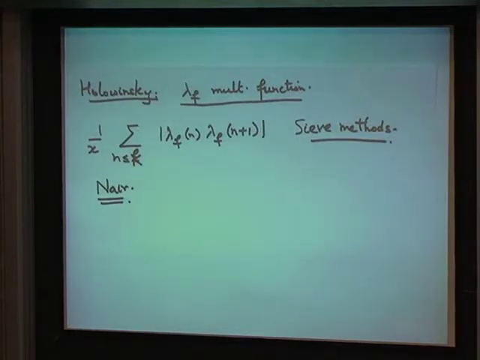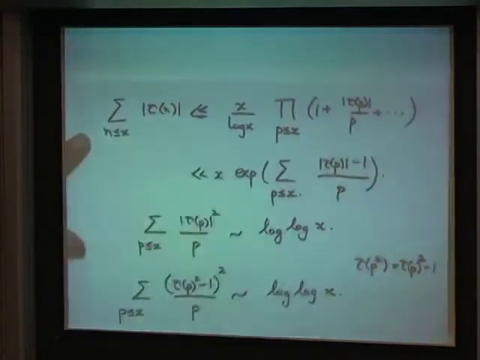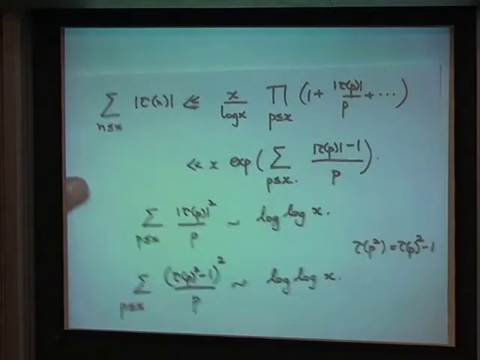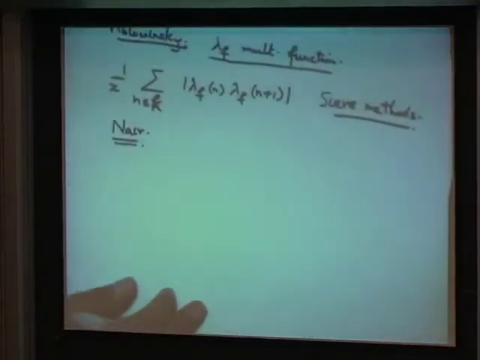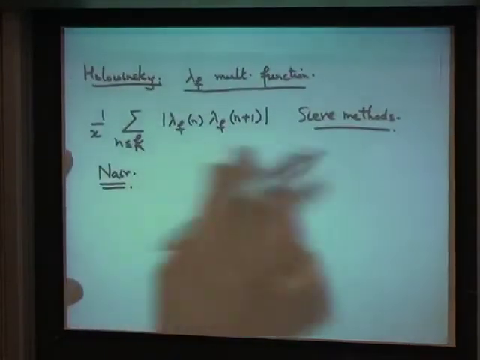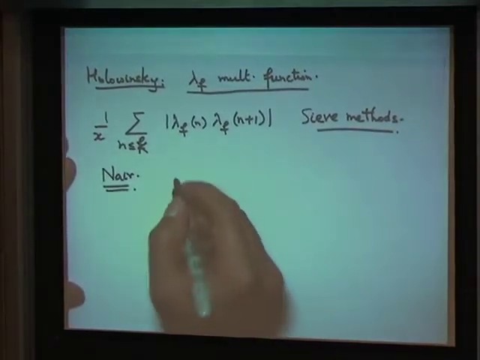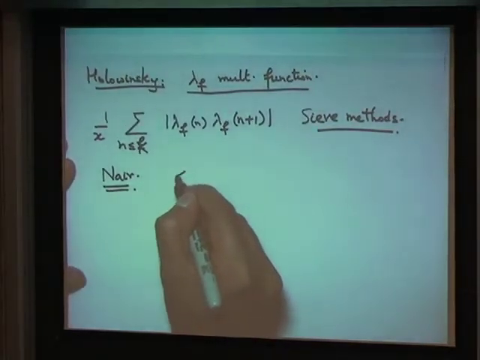Nair's result is a generalization of results like this, where instead of evaluating a multiplicative function on the integers, you evaluate it at the values of a polynomial. The polynomial could be reducible or irreducible, and he gives you an explicit bound. So in this case, you have a reducible quadratic polynomial that you're evaluating on, and you would get that this was bounded by